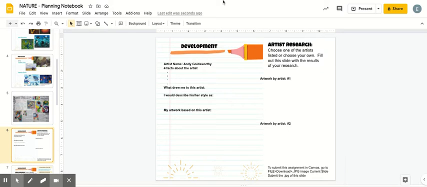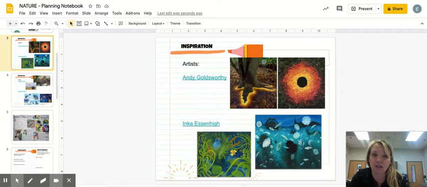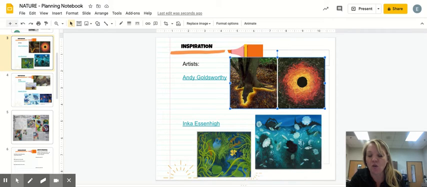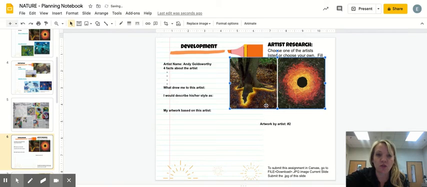So let's say I'm going to pull it from this other slide. But if you chose Andy Goldsworthy, I would want you to get 2 different images than what I chose. And then here's another one. Any of the artists I chose, you're going to find different images. So, but let's say I go over to Google, I do some internet research, and I am going to put one artwork in